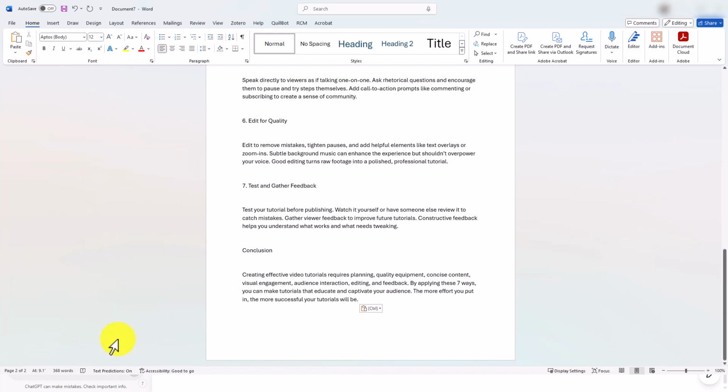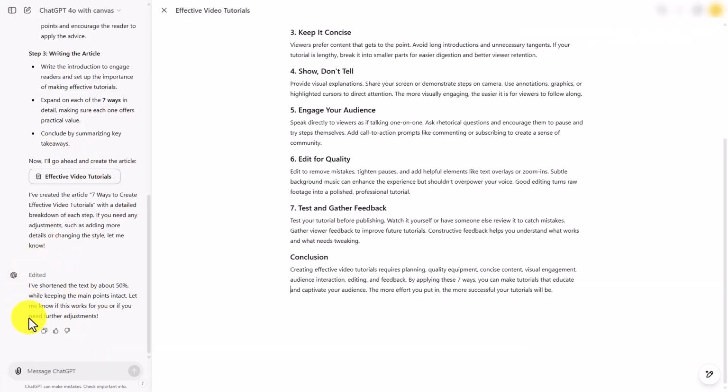So we can use the controls inside of ChatGPT Canvas to make adjustments to the document without having to leave the actual screen. And you'll see that ChatGPT has provided a message that states that it has shortened the